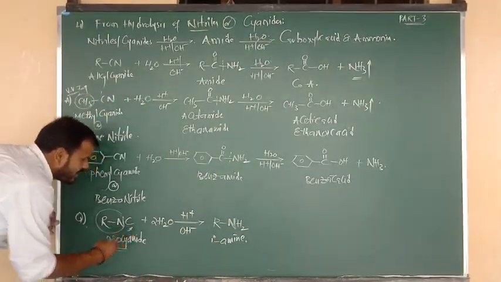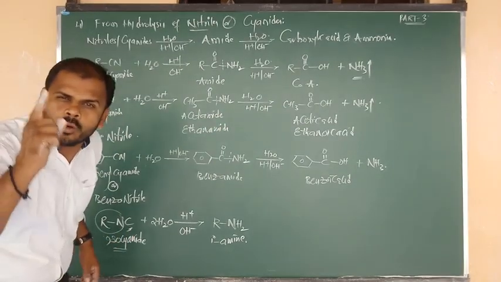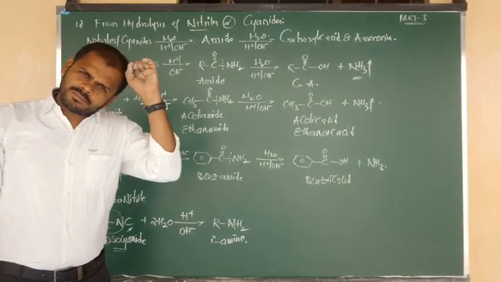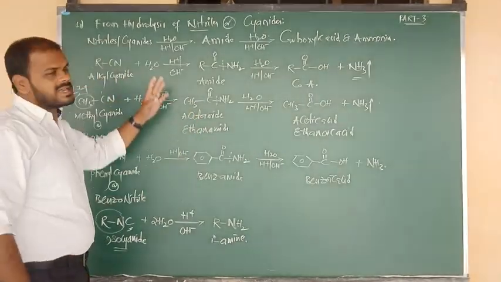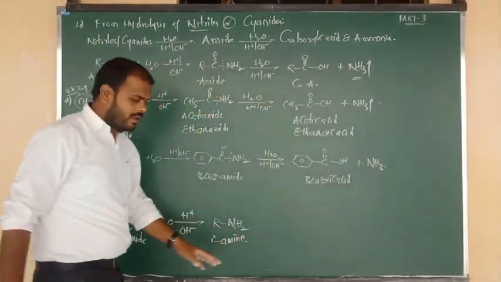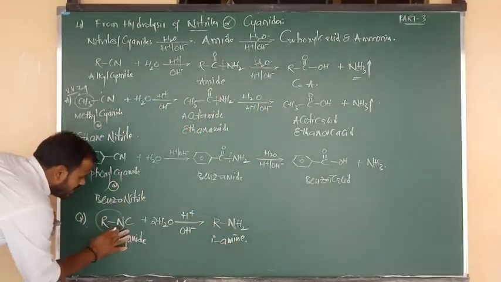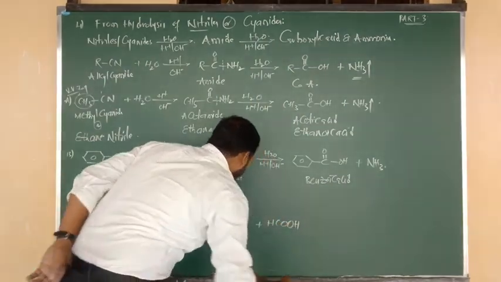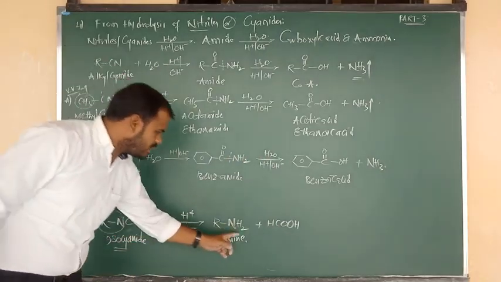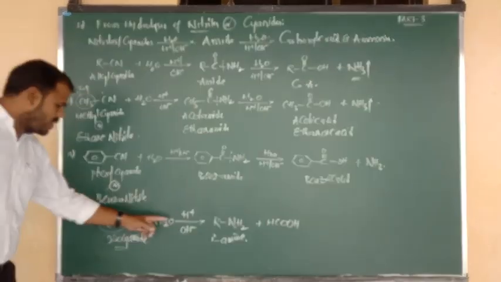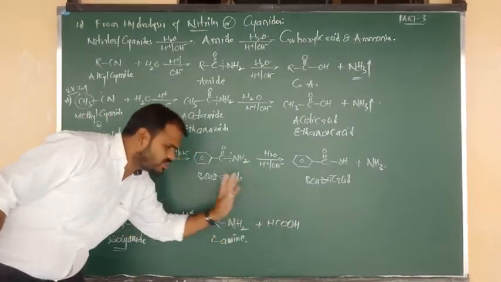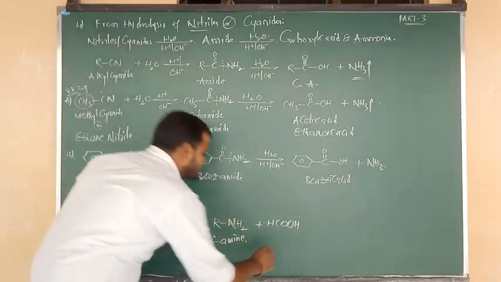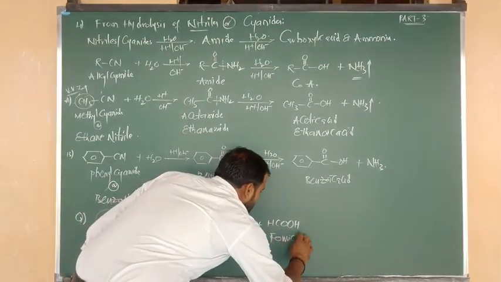But here one free carbon is there. Such free carbon only changes into formic acid. That product must be common. So in cyanide hydrolysis, what is the common product? Ammonia. But isocyanides upon hydrolysis, the final atom is nothing but C. That C changes into what, Nana? Formic acid. So 2 to the 4 hydrogens are there. Here 2 hydrogen, here 2 hydrogen. 2 oxygens we are taking in the water molecule. Here also 2 oxygen. So what is the common and fixed byproduct in isocyanide hydrolysis? That is nothing but formic acid.